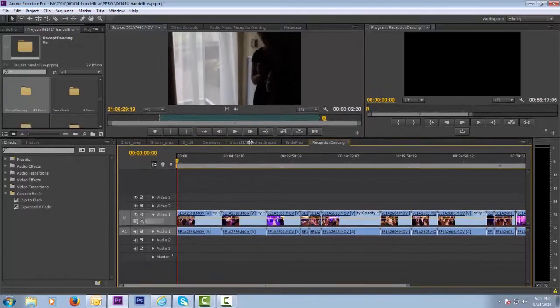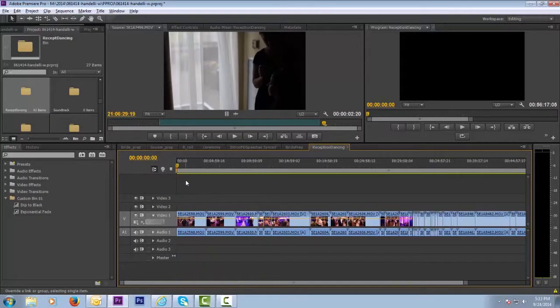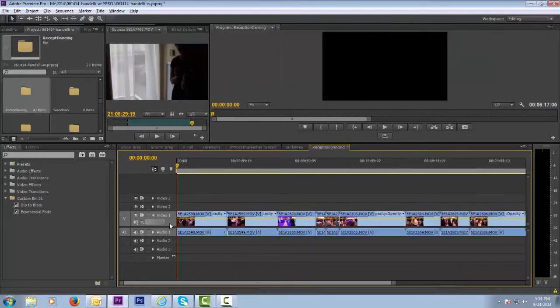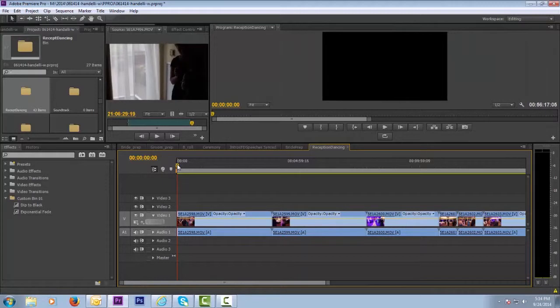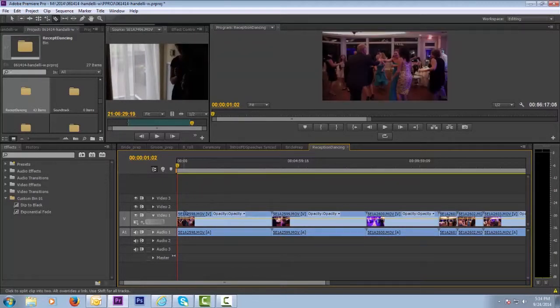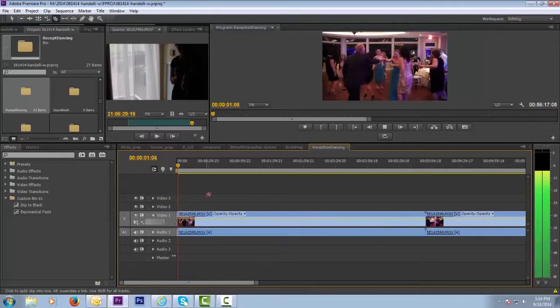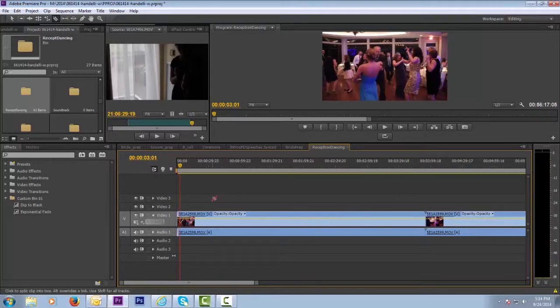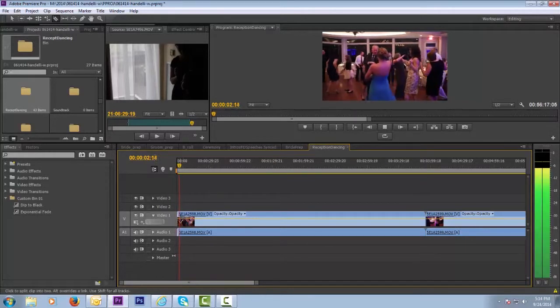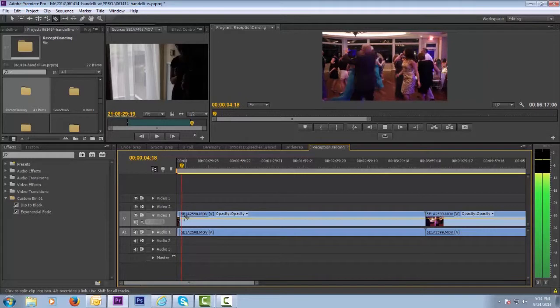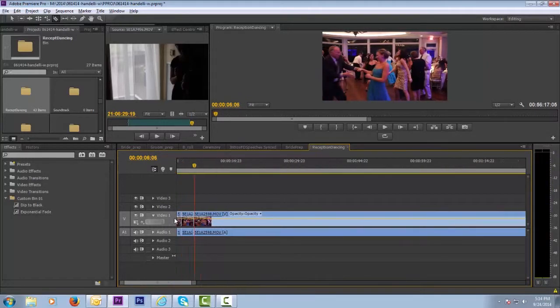The other way of doing this that I've seen is that people will actually go ahead here and watch the whole reception dancing as it happens, and then they will clip and drag up the stuff that they want. So we'll watch here. I'm going to keep the C or the slice tool handy, and we're going to go ahead and watch this. So let's just say, for example, we have this piece here. So we're going to clip, count to 3, and then clip again,